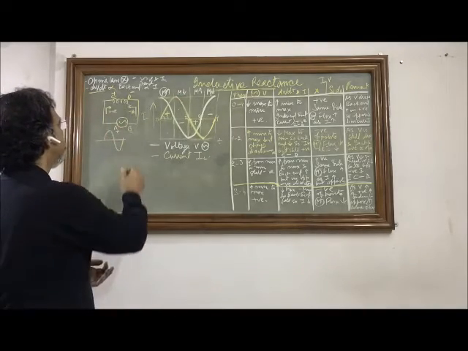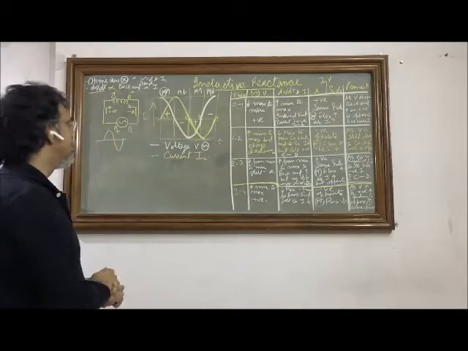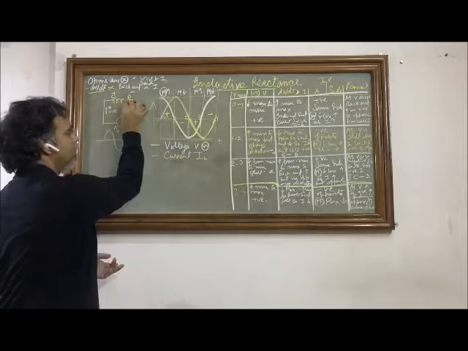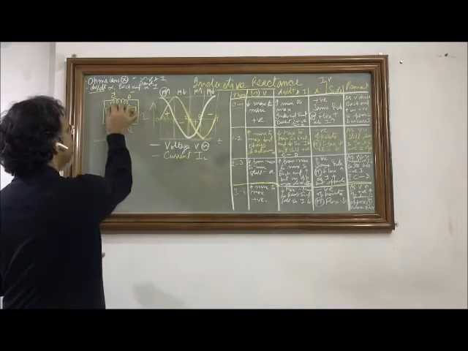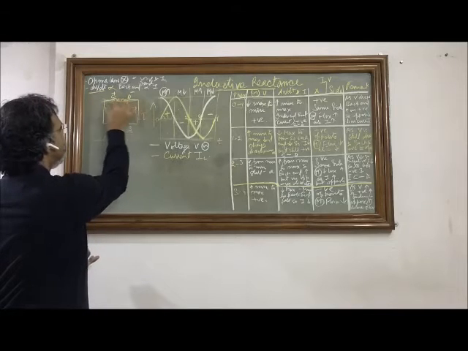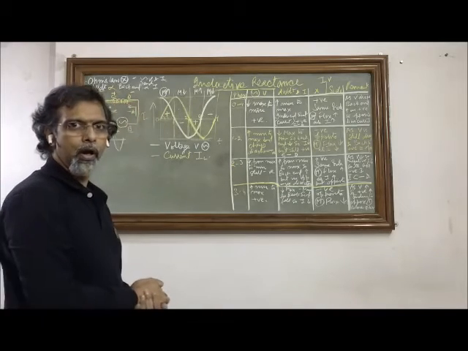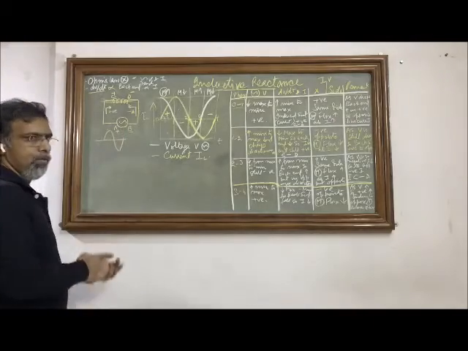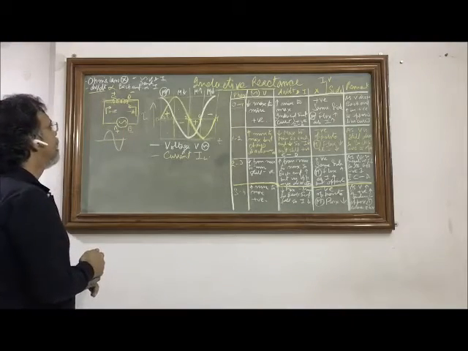Now what happens when the current increases in this coil? Initially it was 0, so there was no current in the coil. Now when it has started increasing, you will have the magnetic field lines produced in this inductor, because that is something which is very inherent with the current.